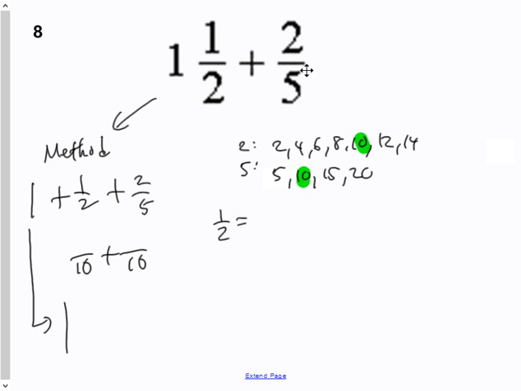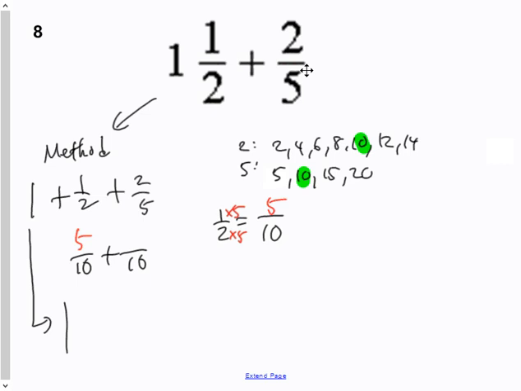Okay? So our next step, once we have our common denominator figured out, is figure out our equivalent fractions. So 1/2 is equal to how many tenths? You have to ask yourself the question, what did I multiply 2 by? I multiplied it by 5, and I end up with 5/10 as an equivalent fraction to 1/2. Now, if I'm going too fast, make sure you use the pause button to your advantage, because sometimes it's easier just to press pause and then unpause instead of trying to keep up with my handwriting.